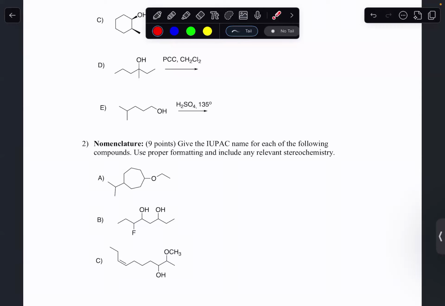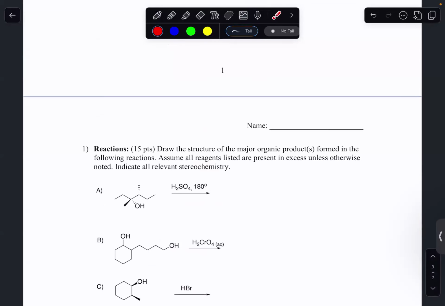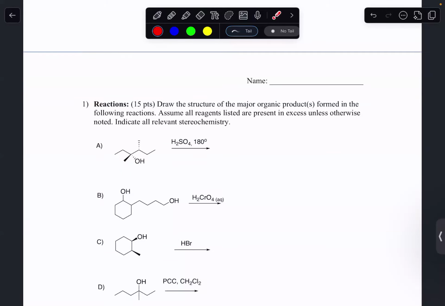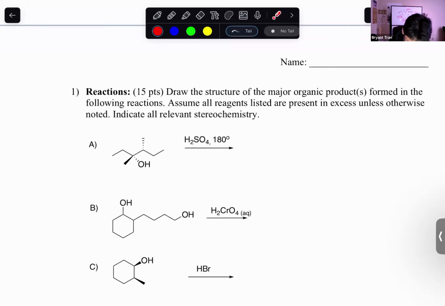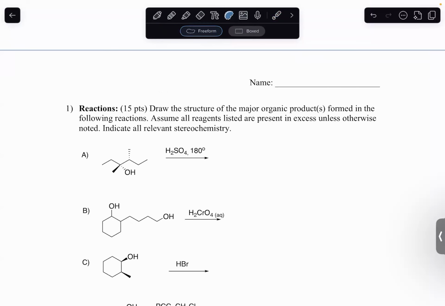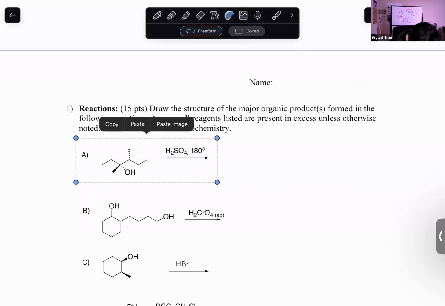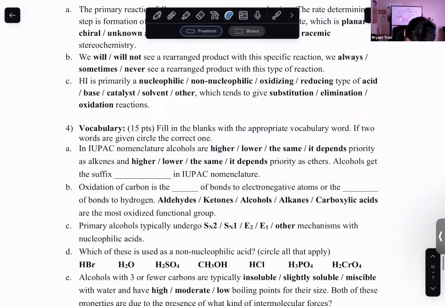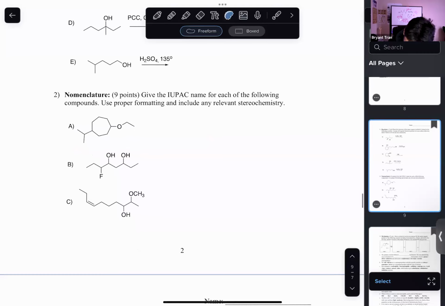Maybe we can start with 1A. I feel like I was able to do the rest. For A, she showed the cis and trans products, and I feel like I kind of struggle with drawing those out, cis and trans products. Okay, so this is an alcohol reaction